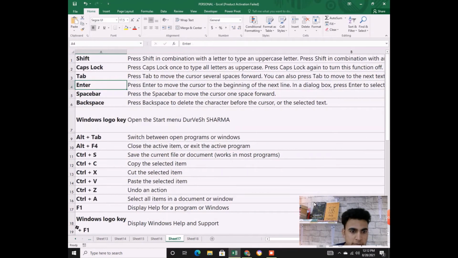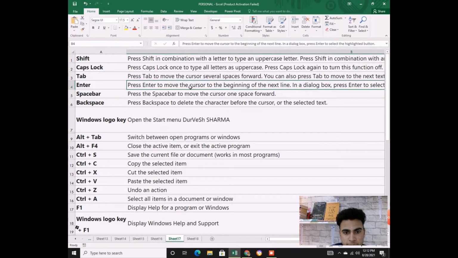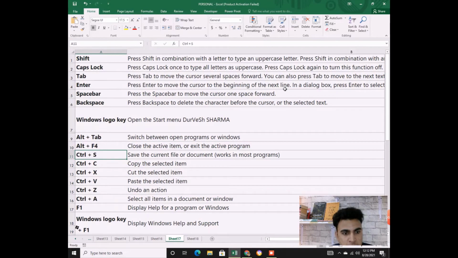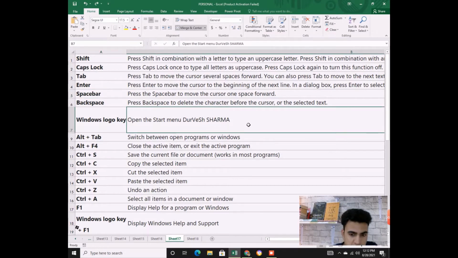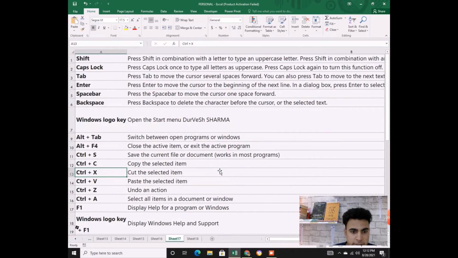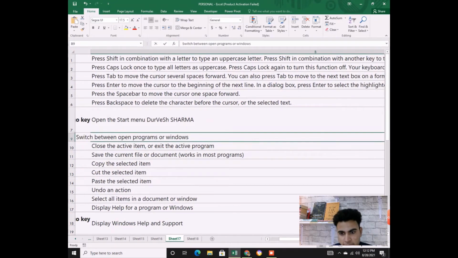When you press enter, the cursor moves to the beginning of the next line. All right, like this, enter, enter, enter. So this is how enter works. Then the space bar moves the cursor, or lets you stay in the same place. See, it's been deleted. So when you're typing actually, and then you press the space bar, this is how it moves next. All right, next key is backspace, which you have already seen, like this, backspace. Okay, even to delete something,